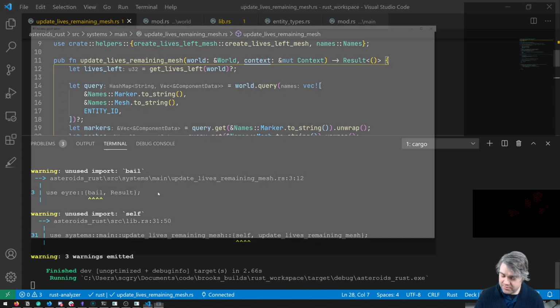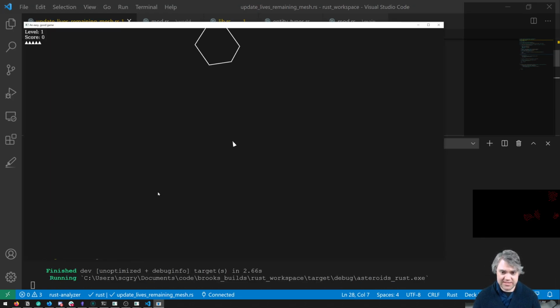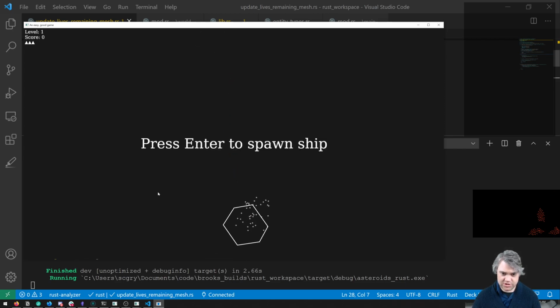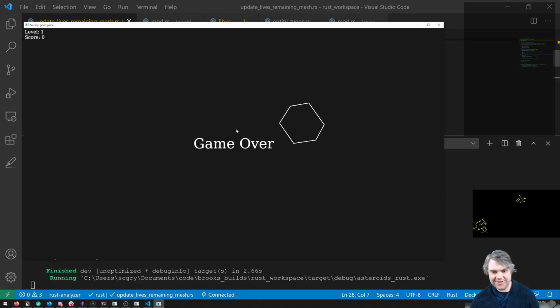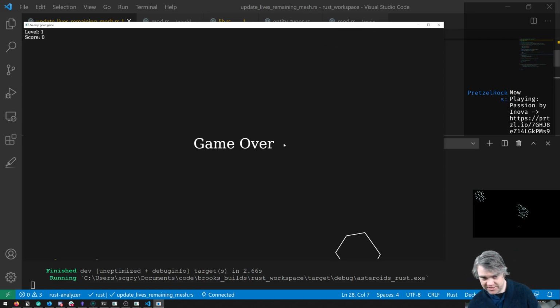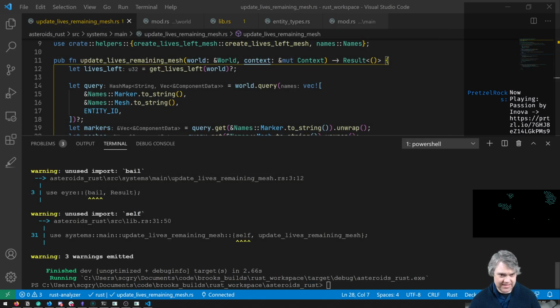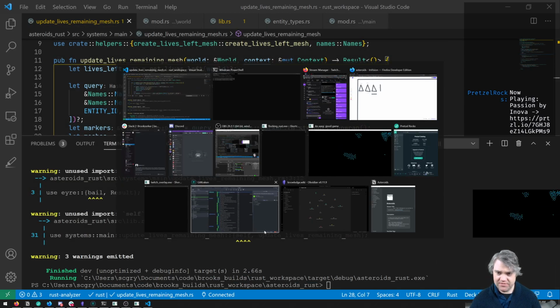So in Rust, if you're not familiar with it, if statements can be very functional, and you can just return from those blocks. In some cases that's really nice. Okay, so there we go. Game over. The mesh got destroyed, so we're back to here, and I don't have the ability to restart the game. We have to sort of quit it, but that I believe now gives me